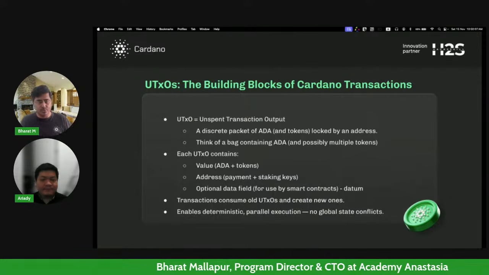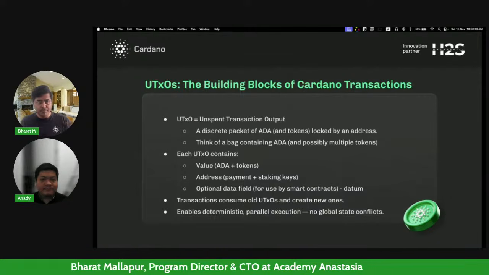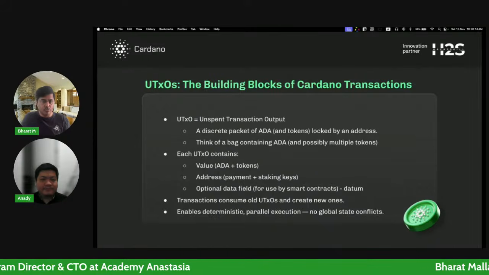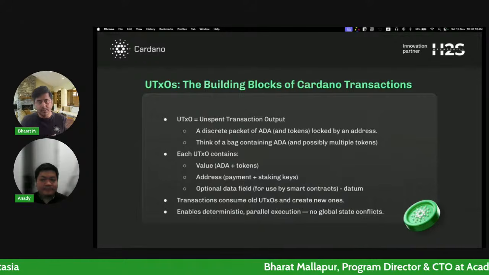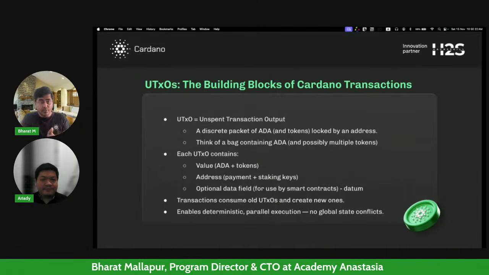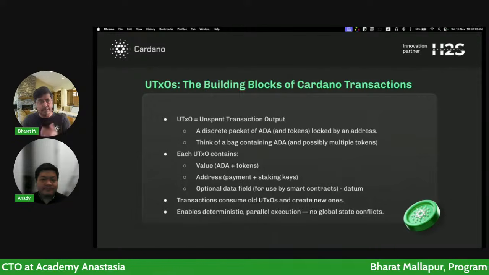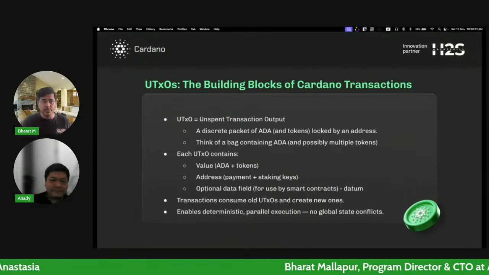So you went to a store, you bought a chocolate, you paid one note, and then you got the chocolate and some unspent money, whatever was due to you back again. So if I spend 50 rupees and I buy a 10 rupee chocolate, then I get 40 rupees back. Now the 40 rupees is the unspent transaction output. I did a transaction, and there was an unspent output which came back to me. So this is a UTXO.